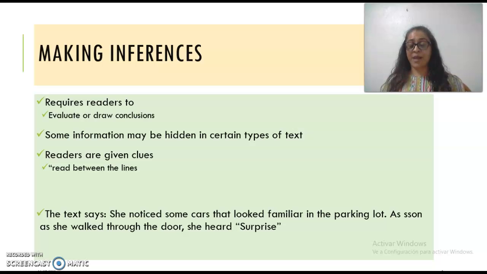She heard surprise. Wow, maybe they had prepared a birthday surprise party. It may be, or she got promoted in her job and they are celebrating the event that she was promoted. And they wanted to make her feel good with this surprise dinner, surprise lunch, surprise gathering. Okay, so you see,